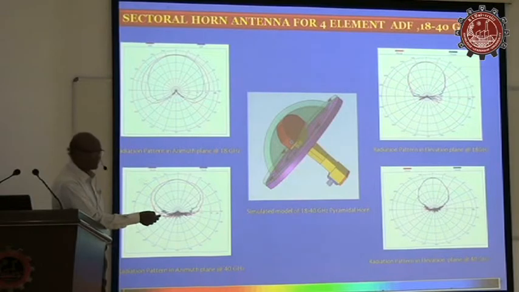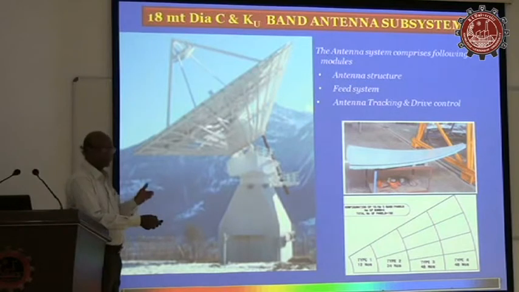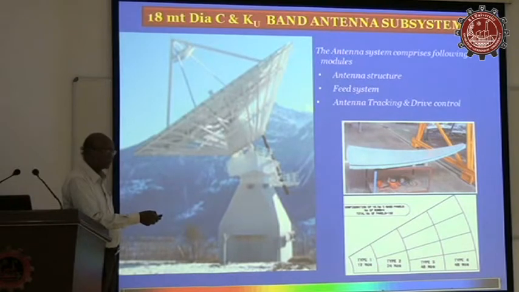This is another ridged and conical horn covering 0.8 to 40 GHz for ADF. Now in all the platforms we are using this element for ADF. This is under the SMART scheme. Under this we established a facility for satellite signal interception and monitoring. For this we need an antenna requiring a gain of 64 dB. In consultation with ECIL we were able to realize an 18 meter reflector covering X, Ku and C band, and we have successfully installed and commissioned it.